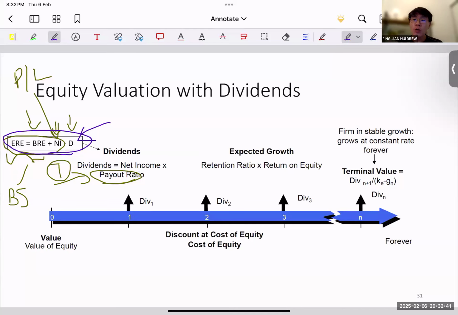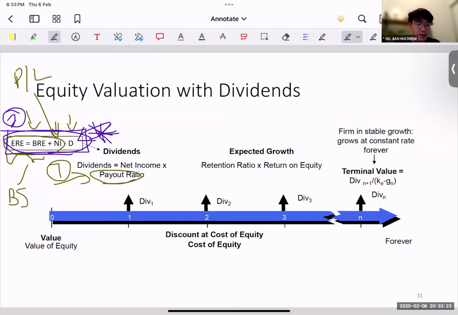They give you the bottom line and ask, can you use the dividend discount model to value a firm? Then you're like, wait, I only have retained earnings and net income. How do I determine dividends? That's why you need to know this basic formula, which is not new. I hope all of you have seen this in your accounting 101: ending retained earnings equals beginning retained earnings plus net income minus any dividends. This formula is very important. So this is method 2 to determine your dividends amount.